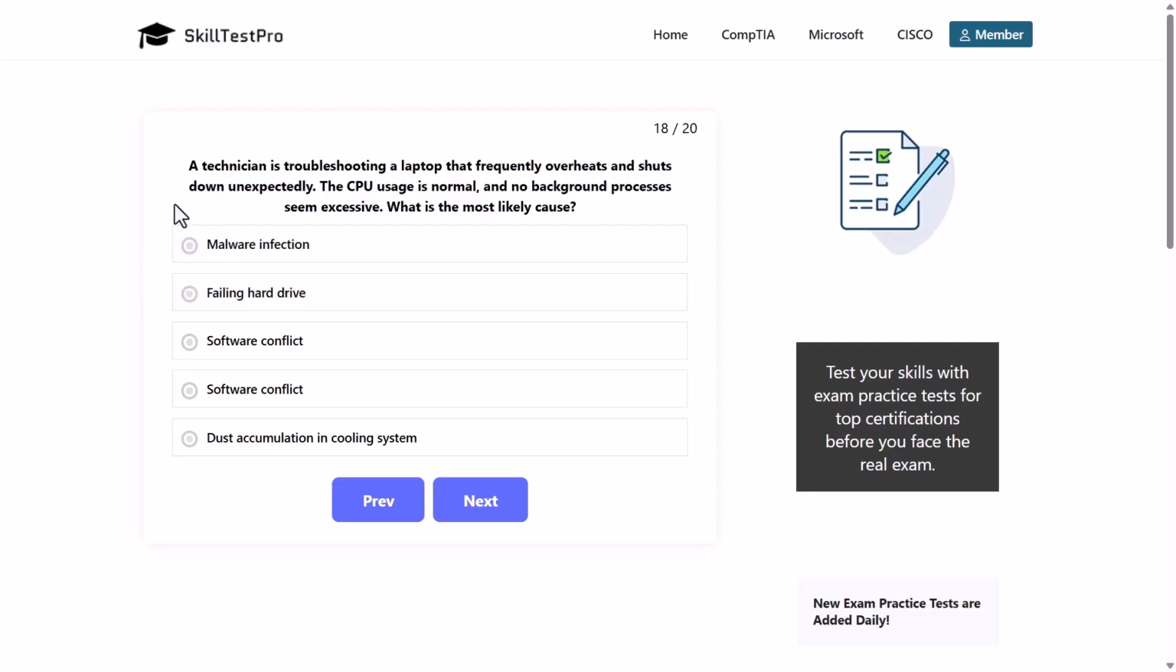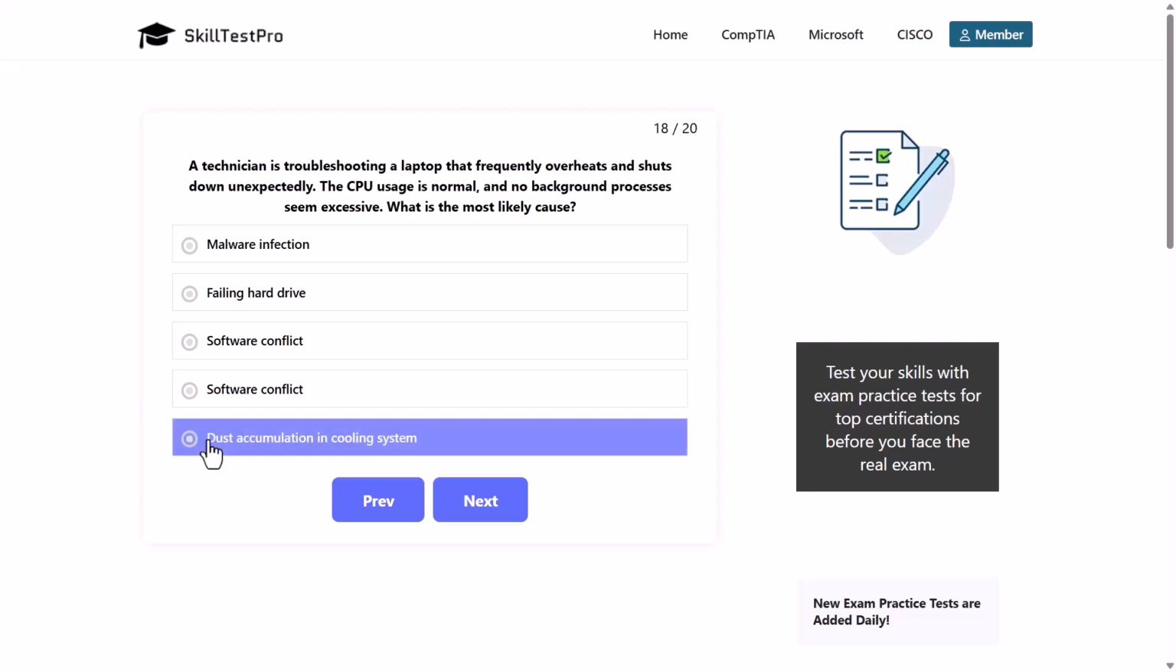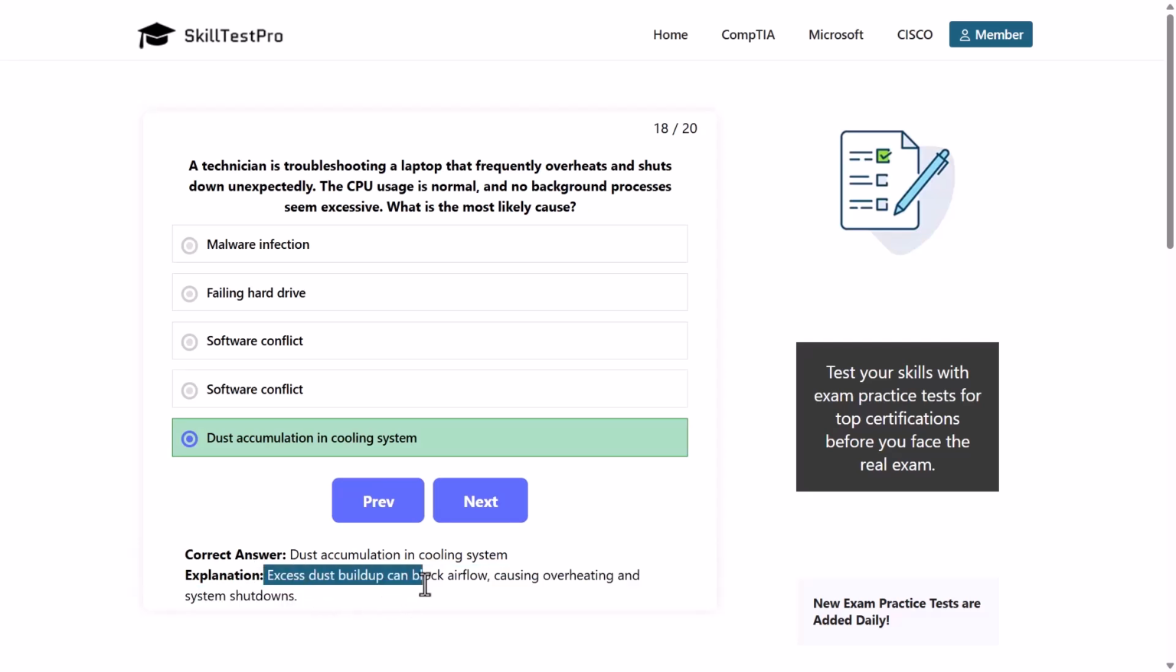Whether it is computer protecting itself. Actually, in both scenarios, computer is protecting itself. For example, it is overheating and it is shutting down to protect itself. And that would be, in this scenario, dust accumulation in cooling system, as excess dust buildup can block airflow, causing overheating and system shutdowns. So because computer is protecting itself, fan is not working, parts are heating up and computer